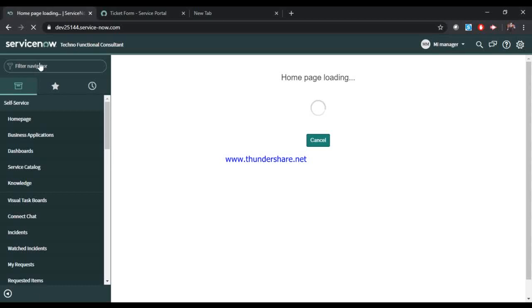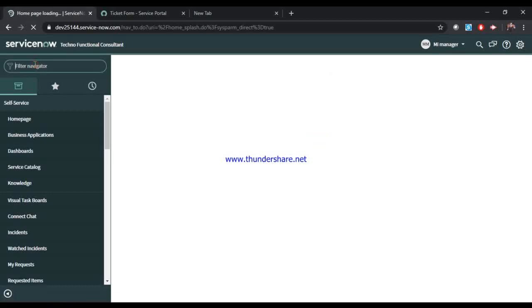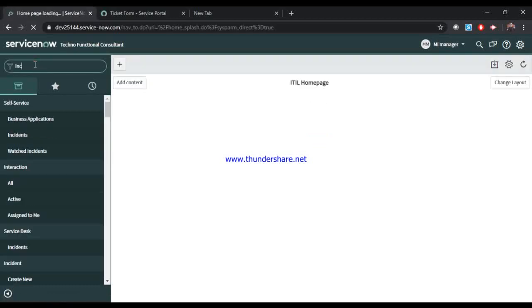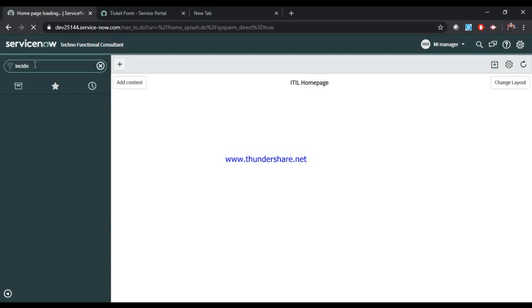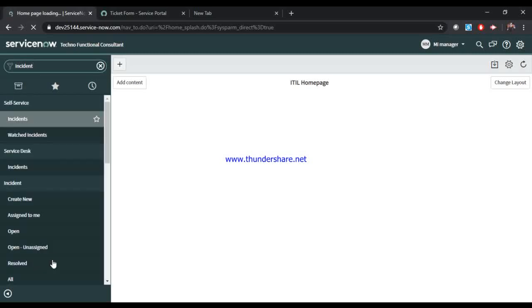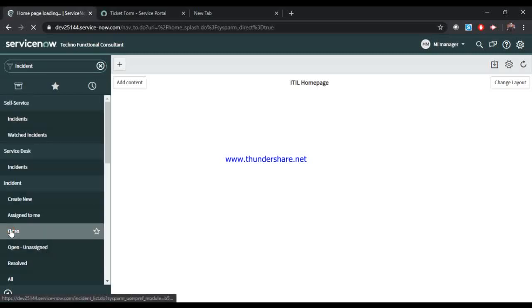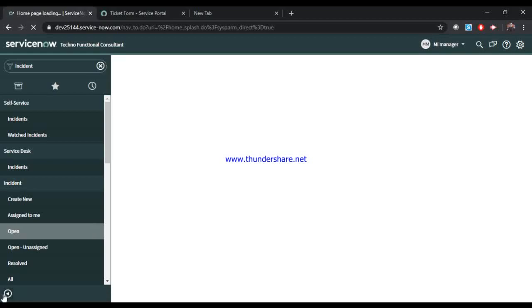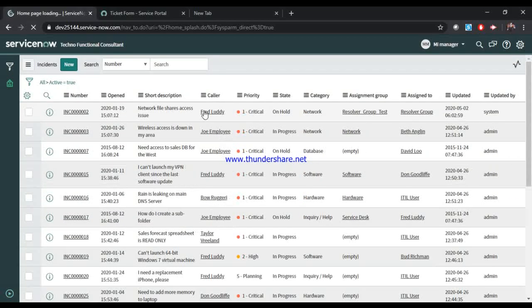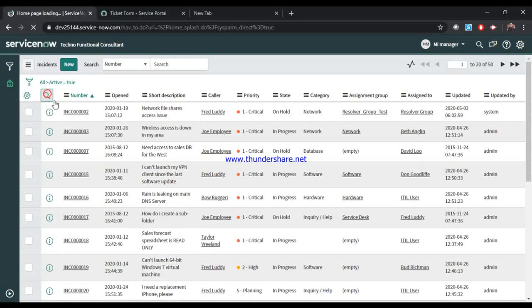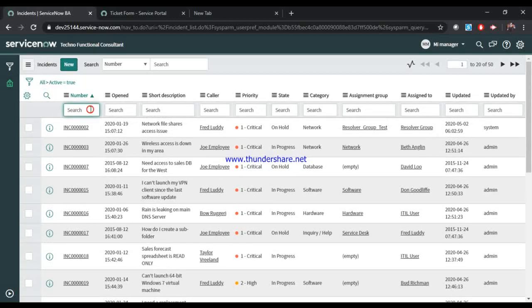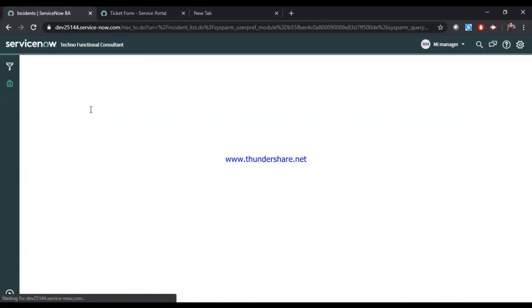Now I'll go back here and search for the incident. I search for the incident and go to open. Minimize this window and search here for my ticket. So this is the number which we have.